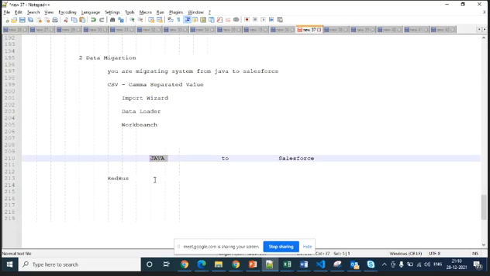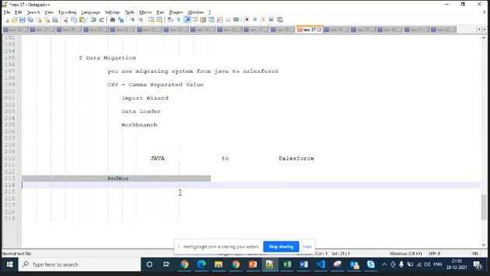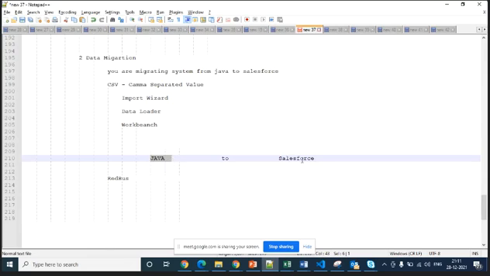Since this has been in use for the past couple of years, it should have some data. There are customers, payments, so much data. This data should be migrated into Salesforce to maintain the process in a valid way. To migrate it, you should export from Java and import into Salesforce. You export from one system and import into another. Exporting doesn't mean the data is deleted from the system; you just copy the data in CSV format and insert it into Salesforce.